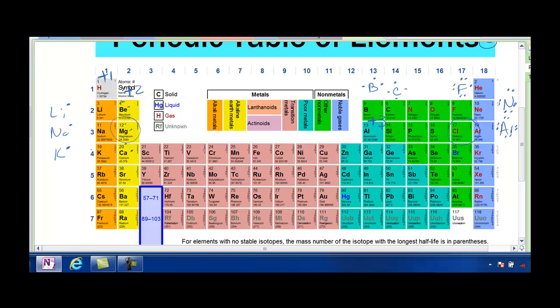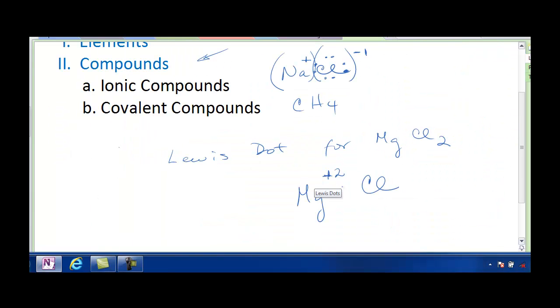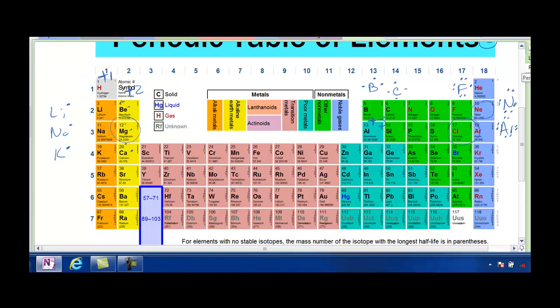Those 3s2 valence electrons are lost. And by losing them, the core 2s2, 2p6 makes magnesium +2 isoelectronic with neon. So magnesium is a +2 ion, and Cl is a what? -1. Again, Cl is a non-metal. Non-metals are going to be negative ions. So Cl -1 is isoelectronic with